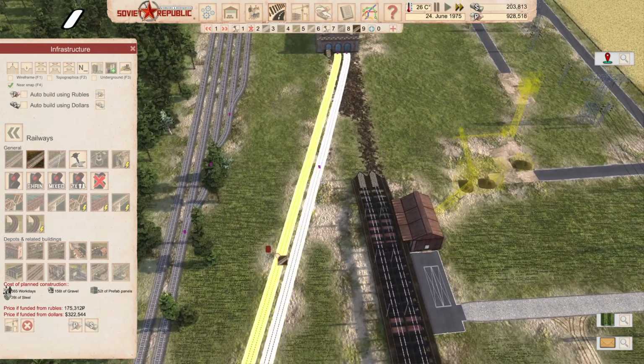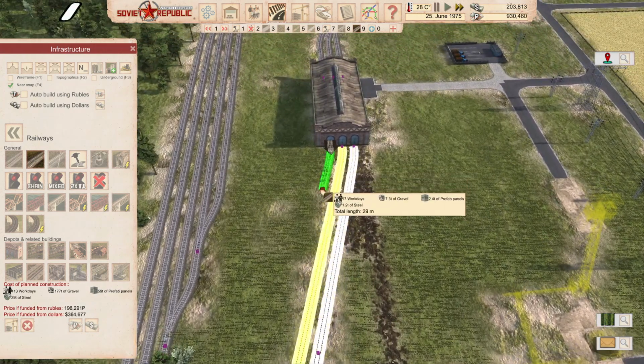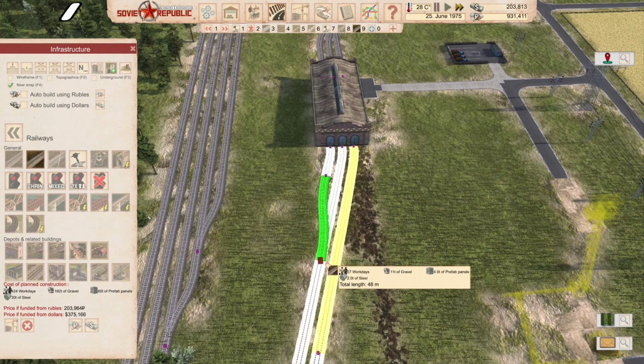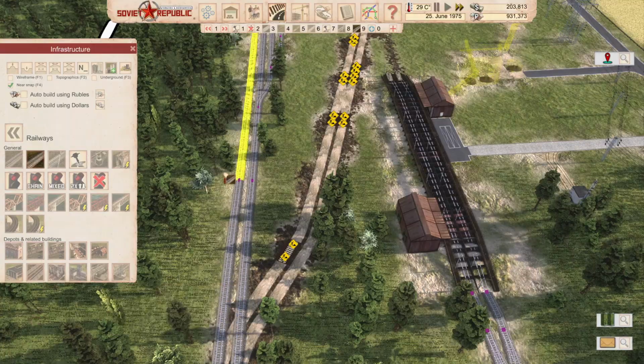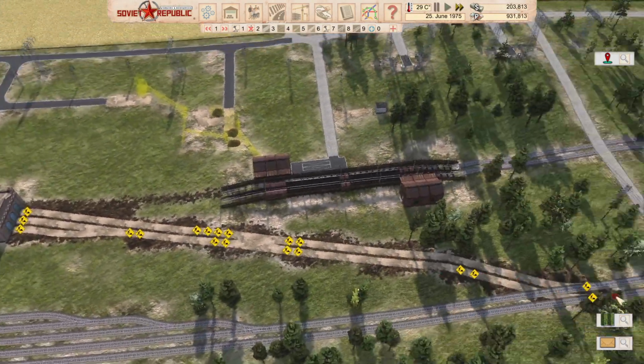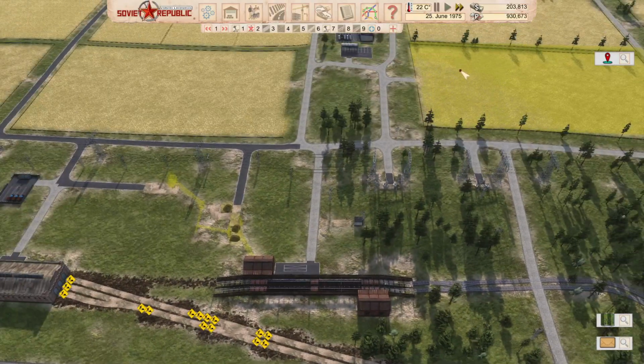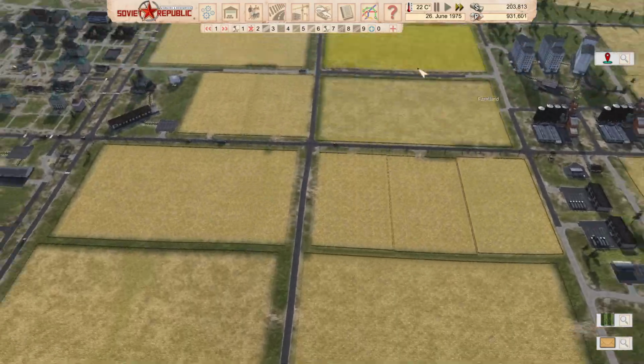And then we're putting a crossover here. And I do wonder, I just put a little bit of track out like that. And what that will do is give me a connection to the depot here for the train. Now, the other thing you'll also notice is I spent a lot of money, and that was because I've actually